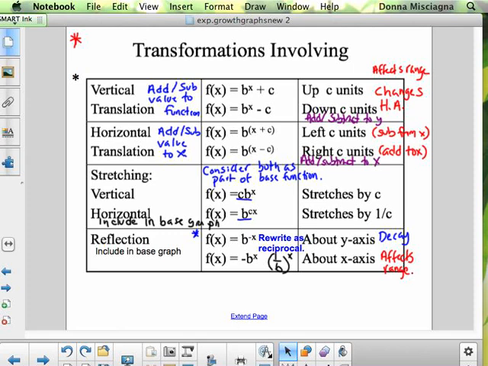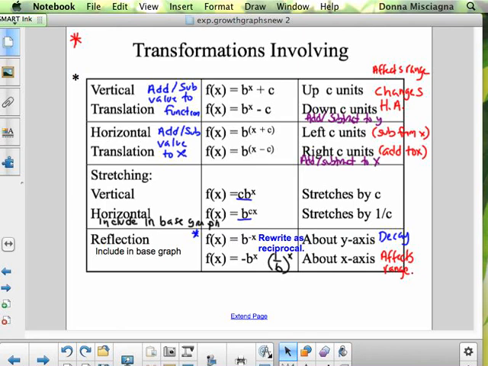Vertical and horizontal stretching. Actually, I'm going to get rid of this. I want to actually practice us not treating them as a base graph, but dealing with each transformation separately. Now that you've done trig functions, I think you can certainly handle that, and it will prepare you more for pre-calc. So a vertical stretch, if you have a coefficient in front of your base, it stretches